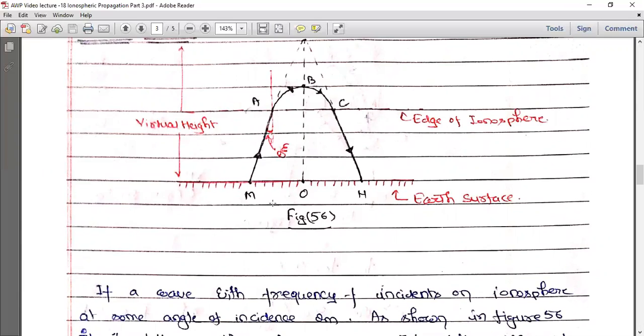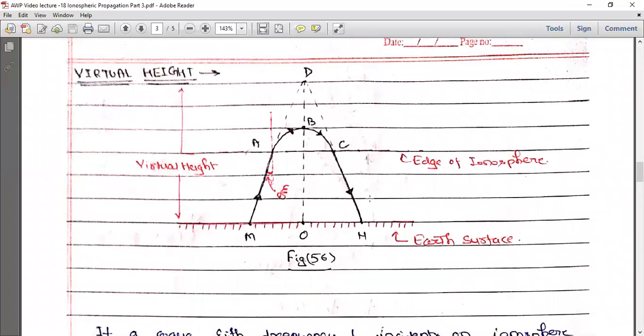In our last sessions, we derived that when the wave is incident here, as it penetrates through the ionosphere, it starts bending from the normal, and it follows this path, A, B, C, and at C it again reflects back. It follows path B, C, and then N, and comes to the Earth station. Here we consider f and theta m to be arbitrary. We are considering just a simple case. If these line segments MA and NC are both extrapolated, in the directions of AD and CD, they intersect at point D.